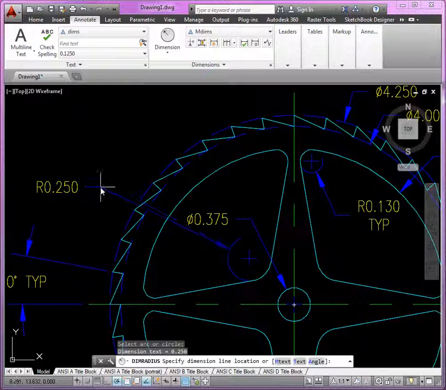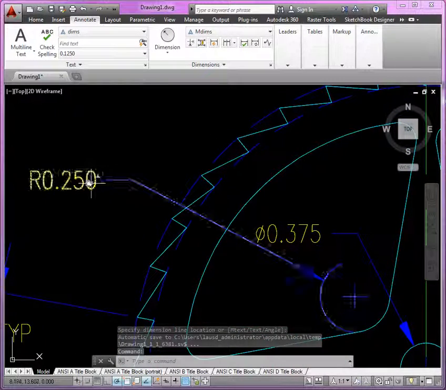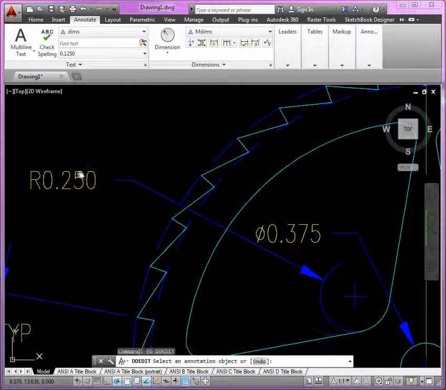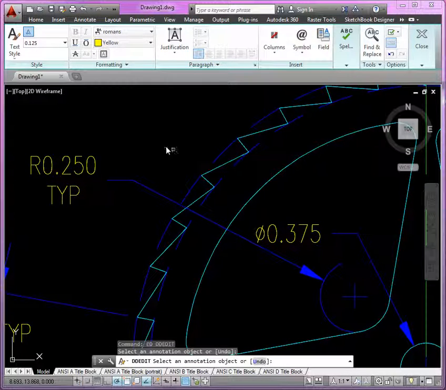Now you'll notice that if you need to avoid confusion, you could bring it to the outside, but try to put it in an area where you're minimizing the overlap. Okay? Try to make it as clear as possible, minimizing the overlap as well. So here we've got radius 250 typical as well, so ED, select it, put in your text,